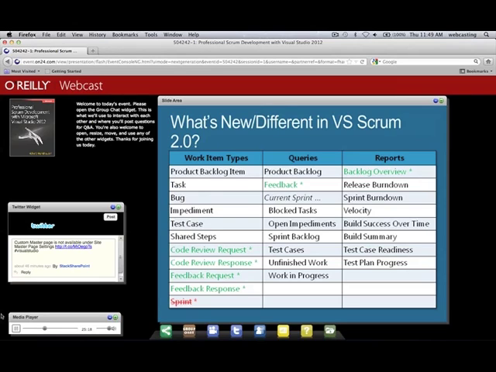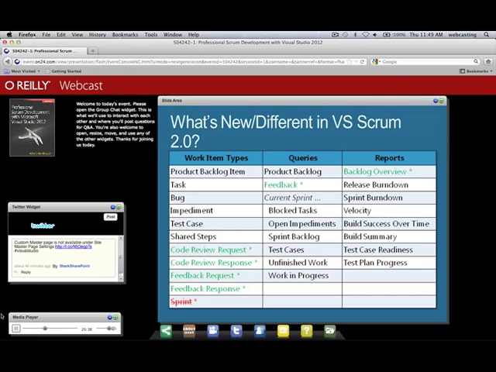And yes, you still have to update those current sprint queries each sprint. So if you want your sprint backlog query to work and it's the first day of sprint 3, you've got to go and manually edit it and change it to sprint 3. Although I do remember Mark Michaelis had a great blog post a while back on a kind of hack or workaround for not having to do that every sprint. Send me an email if you want that link, and I'll hook you up with it.